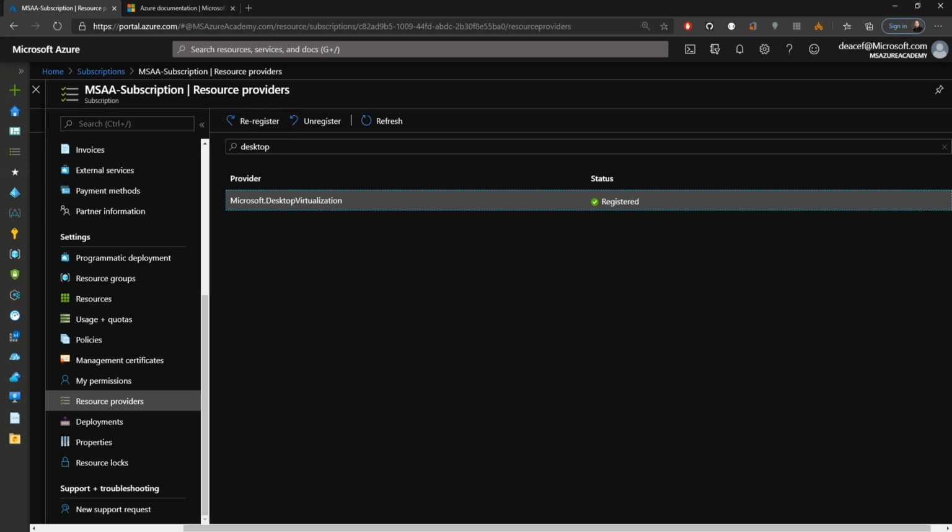So while that's going on, let me give you a brief overview of what the new portal offers. The model that we've been using up until this point is over on the left, and over on the right we have the new ARM-based WVD model. And ARM, for those of you who don't know, stands for the Azure Resource Manager. And so I may also refer to it as the old portal and the new portal, just for ease of conversation. Let's do a comparison here so we can understand what the new model offers.